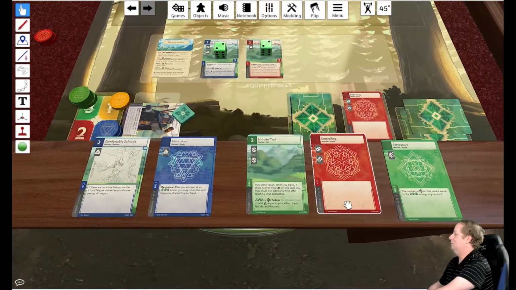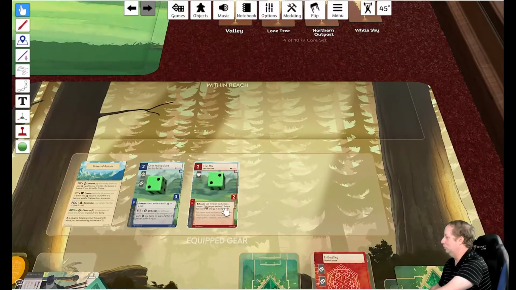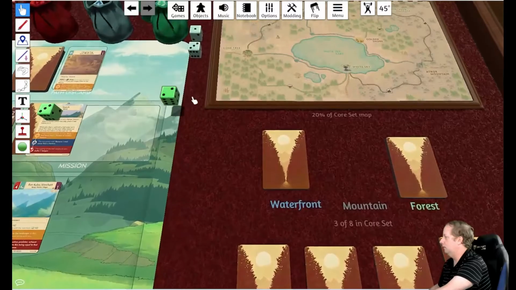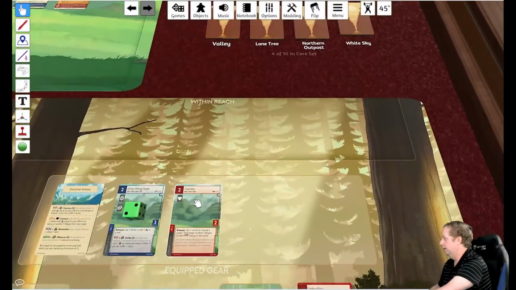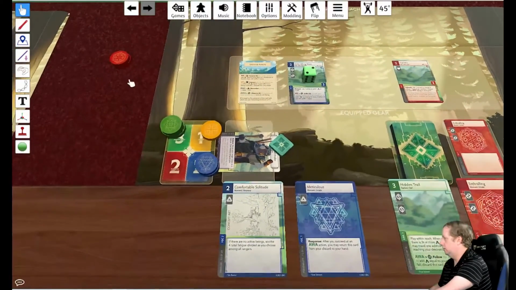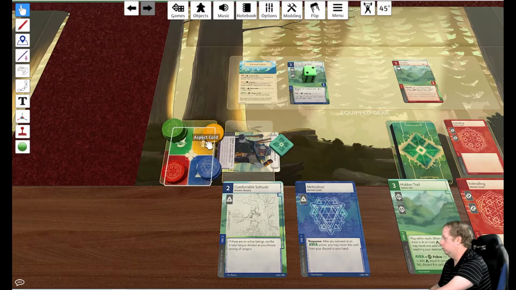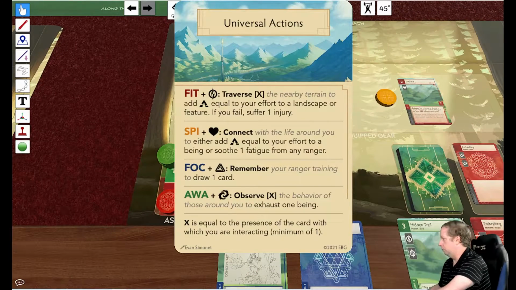See, that's what makes these games so good, are these decision points. Like, do I build or not? No, I changed my mind. I'm not going to. I'm going to use that for the heart. Let me get my fitness tokens back. Whoopsie, not the whole card. I'm going back to doing this where I'm going to do the connect action with a difficulty of 1